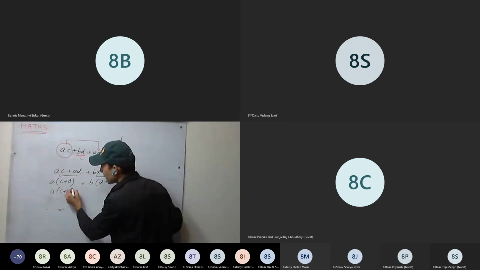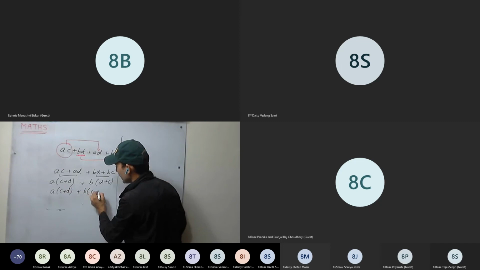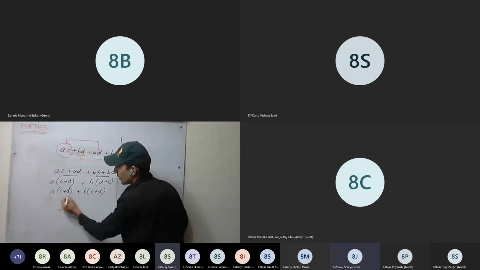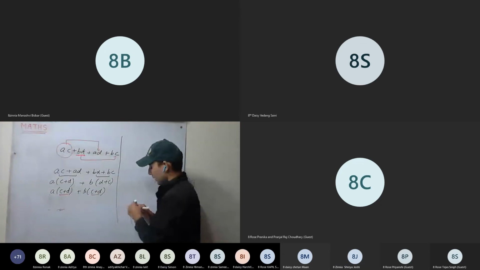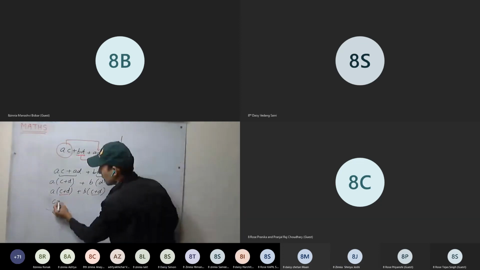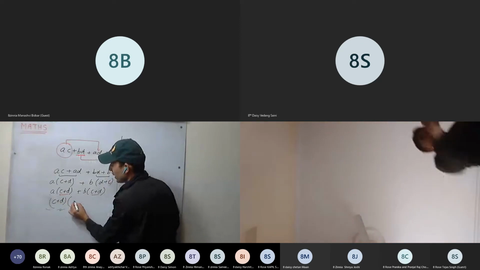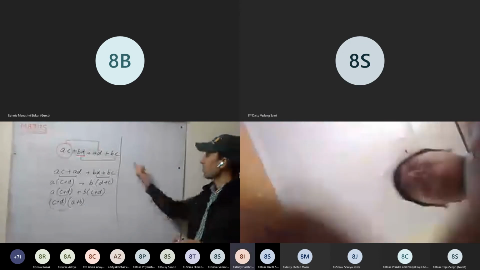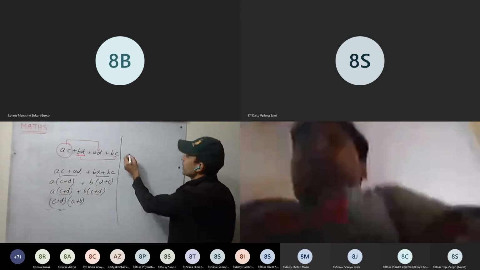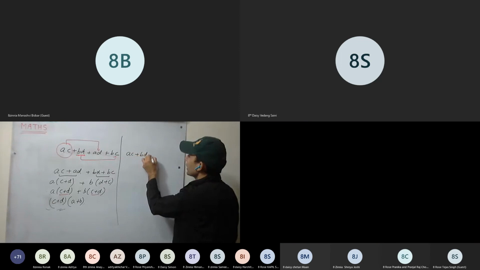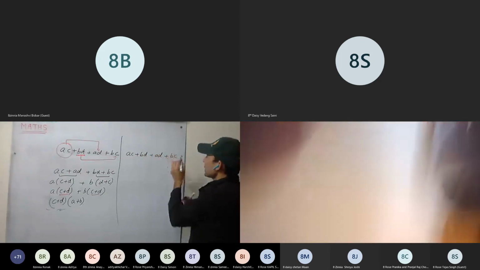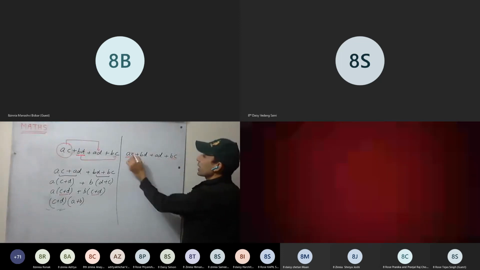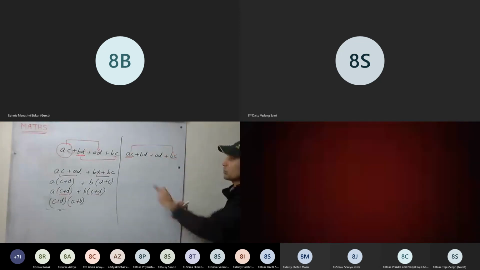Next expression we can write B(C + D). Now what is common? Now again we are having two terms with C + D, so C + D is common. So we'll take (C + D) out, and what will be remaining inside? (A + B). Now the other way. Take AC + BD + AD + BC. Now the AC term, I can group these two also because they are having C as common.